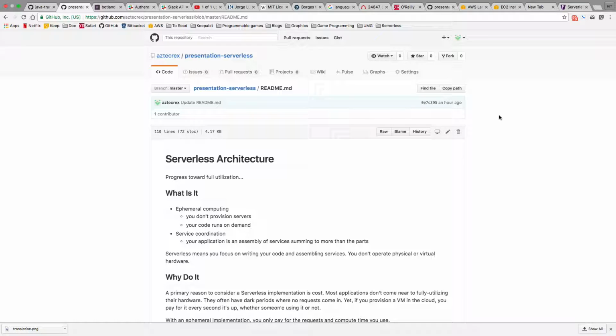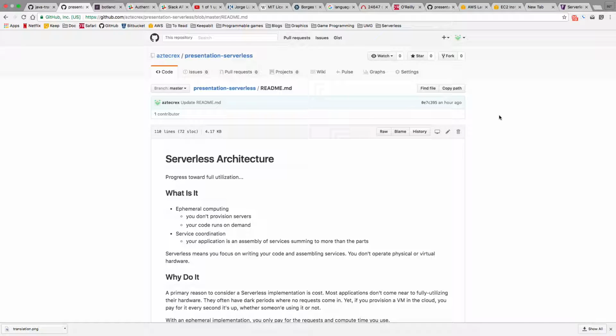You spin up VMs, you run some infrastructural code on it, or you run your own code on it, or whatever. That's a thing where you have to have some expertise. One of the big problems with that is that you're paying for stuff while it's not being used. I mean, if you spin up a server that gets hit for real 100 times an hour, well, that's a lot of time you're paying for that you're not utilizing, right? So the idea behind serverless architecture to me is moving towards better utilization of the resources.